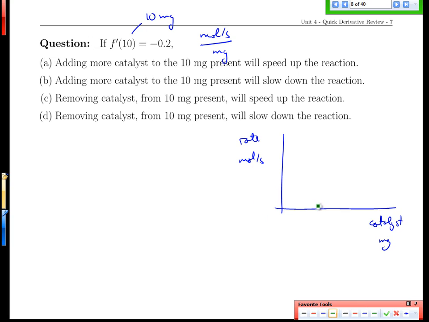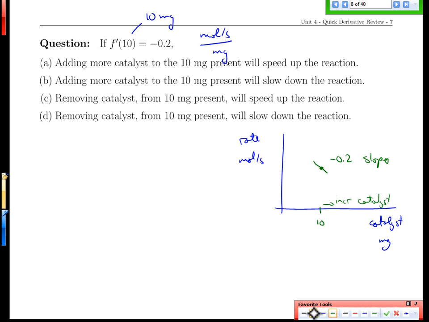And what we just said is, if we had 10 milligrams present, the slope of the relationship between these two things would be negative 0.2. I don't know what the graph does before, I don't know what the graph does afterwards, but it's negative 0.2 slope right here. And what that tells you immediately is that if you increase the amount of catalyst,